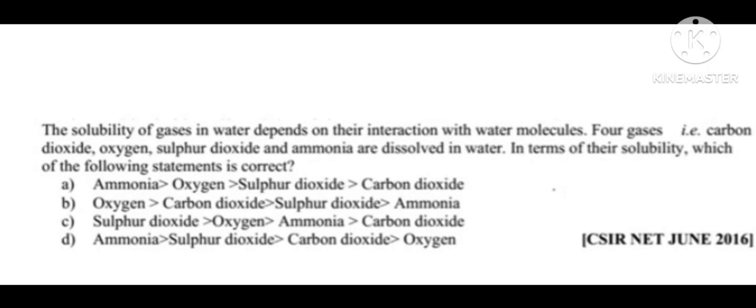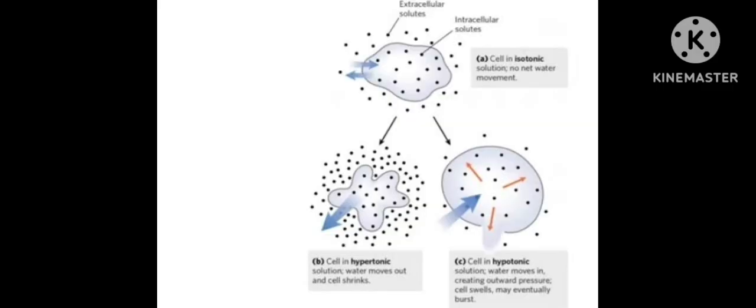Next slide: a diagram about osmosis and cell behavior in different solutions. There are three cases for a cell in solution: isotonic, hypotonic and hypertonic. Isotonic has equal solute concentration inside and outside. In a hypertonic solution, the solute concentration is higher outside than inside. In a hypotonic solution, the solute concentration is higher inside than outside. For example, plant cells in pure water